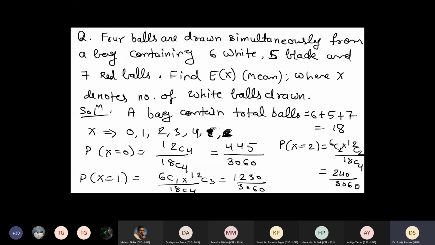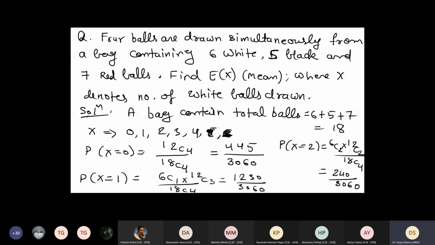Okay, so we need the expectation. We know that for the expectation, firstly we need the PMF. Which case will this be? Is it discrete or continuous? Discrete. Why is it discrete? Because we are talking about the balls in a bag, and all white balls are the same, all red balls are the same. There is no difference among balls of the same color.